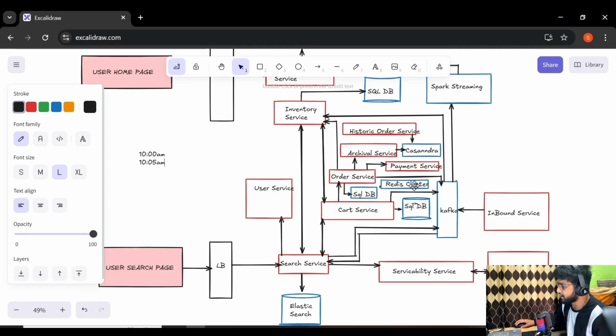Now this order service will store this entry in the SQL database and Redis cluster, and it will also invoke the inventory service. Why is it invoking the inventory service? Because the inventory service is going to be the source of truth. It will have the current stock updates. So this order service will lock the assignment in the inventory service, or we can say it will lock the inventory. Basically we are going to use a pessimistic lock here, so that a user won't be able to read